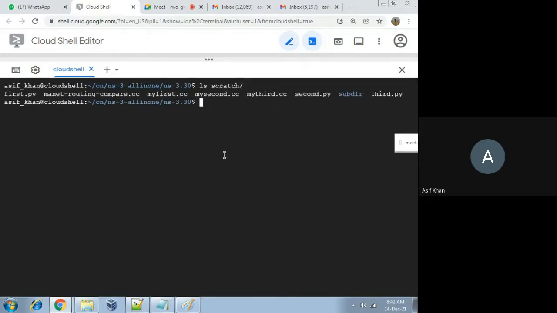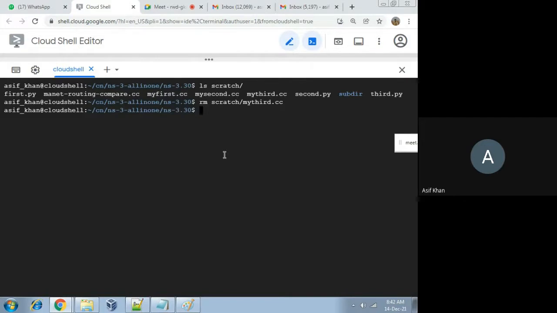Let me remove it: rm scratch slash my third.cc. So I'm removing this. Now I'll copy my third.cc from examples tutorial to this scratch directory again.